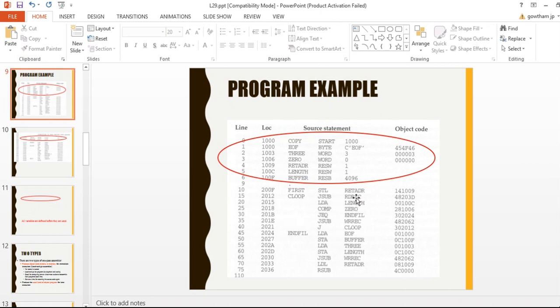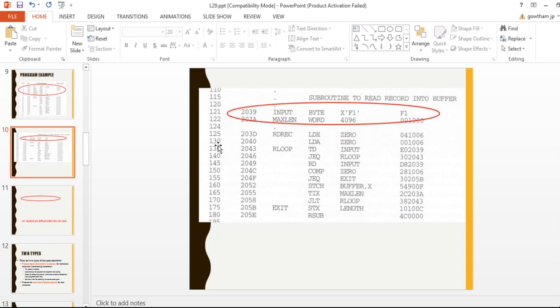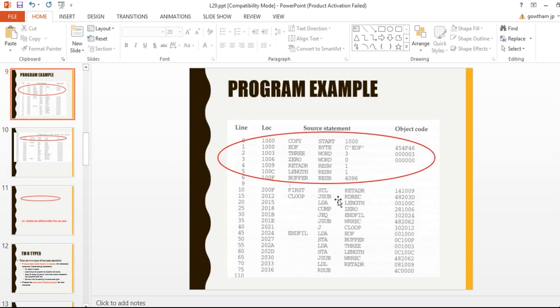Then JSUB RDREC, line number 15. RDREC is actually a subroutine that will be defined in line number 125. So at line number 15, for the assembler, this is undefined. So put it into the symbol table and mark it as undefined.